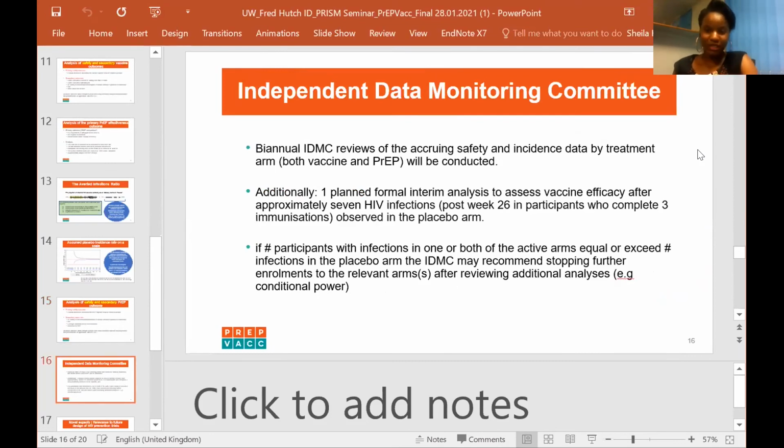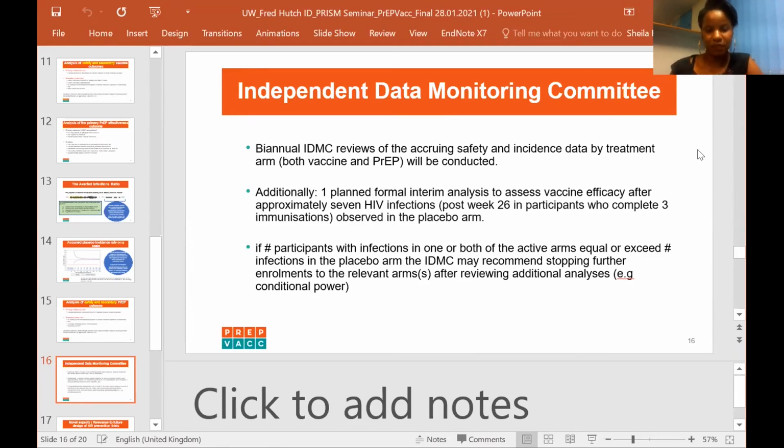So routinely, we will have independent data monitoring committee reviews of the data. There will be the biannual IDMC reviews of the accrued safety and incidence data, by treatment arm. So we're going to review both the data for the vaccine and the PrEP, not we, the IDMC. We'll review both the data for the vaccine and the PrEP as it's being accrued to assess its safety and